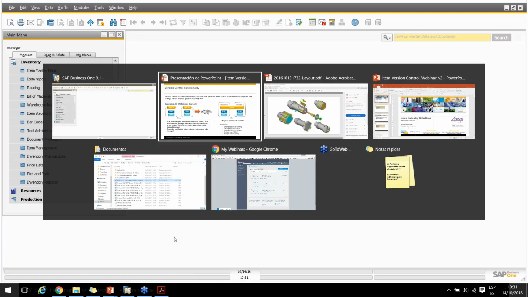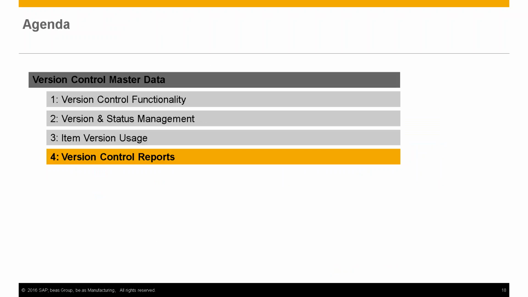Now, how can we see all the information that we just created, or how can we see comparisons between bill of materials, or how can we see the whole structure that an item or a finished good has, between how many versions do you have or only the active one. This can be done on the system